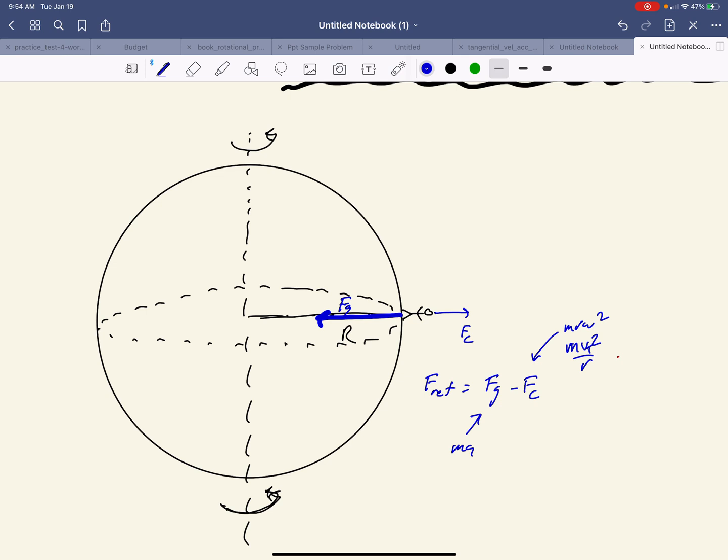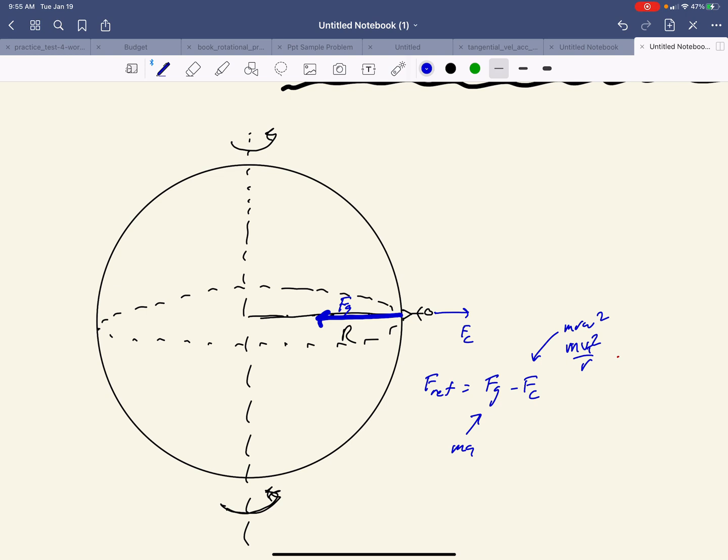Okay, so in this case, notice how the gravitational force and the centrifugal force are parallel to each other, so that's why, to get the net force, we're simply going to be subtracting these two vectors. And I picked gravitational minus centrifugal because, at least in the case of most planets, almost all, the gravitational force is stronger. However,